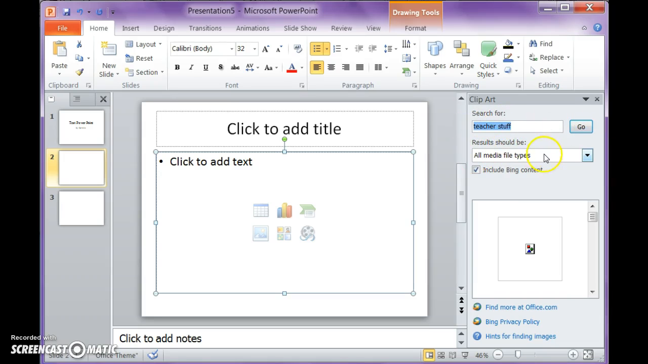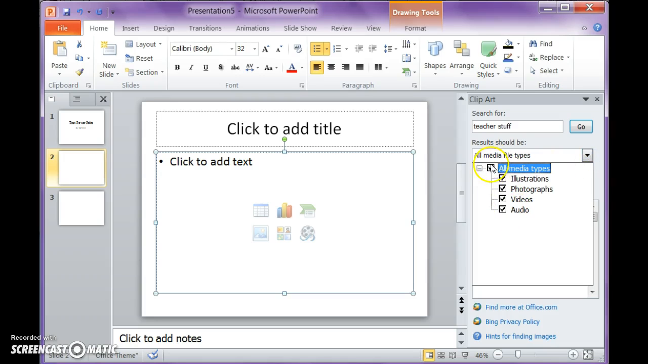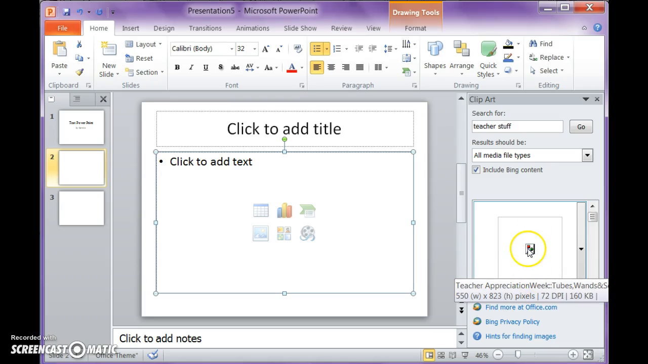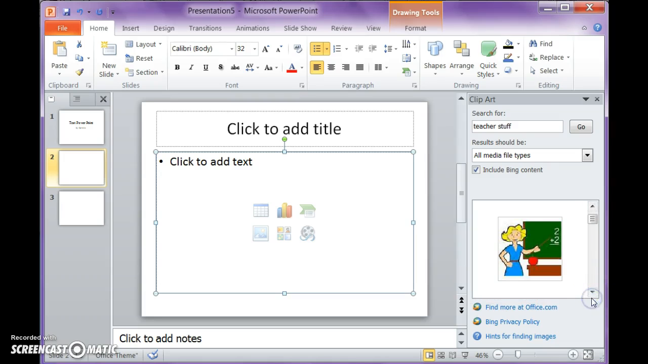Make sure you have all media file types selected on here. It'll do it automatically if you click this one, because see, now they're not selected. You click it again, they're all selected. If you do that, then it'll pull from the internet, your computer, and several other places, mainly Microsoft itself. Then you hit go, and it's going to do a search, and sometimes it takes a minute before the pictures come in. Some pictures don't like to show up and all you get are three shapes. But once you find one you like,